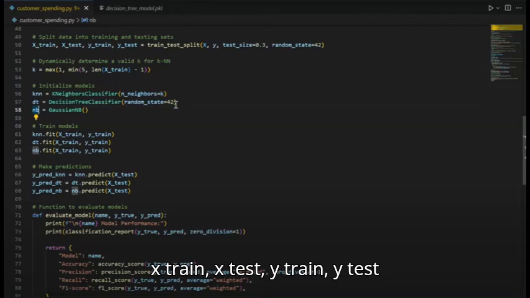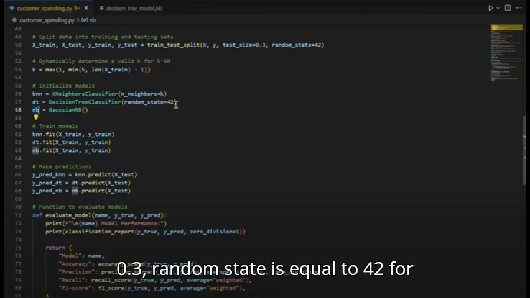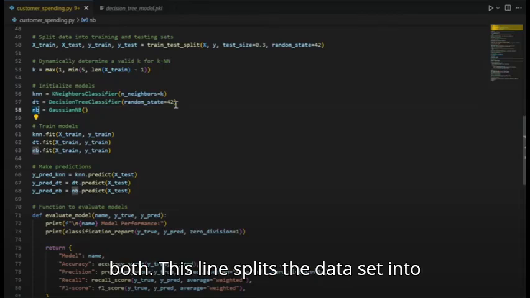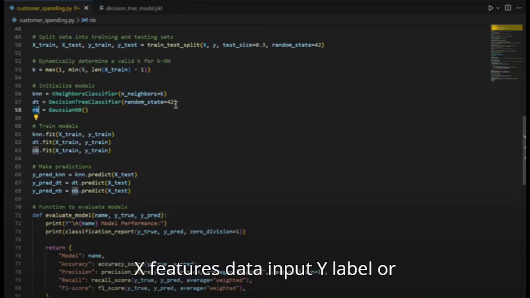X_train, X_test, y_train, y_test equals train_test_split(X, y, test_size equals 0.3, random_state equals 42). Purpose: this line splits the dataset into training and testing subsets. X is the features data input, y is the label or target variable. test_size equals 0.3: 30% of the data will be used for testing and 70% for training. random_state equals 42